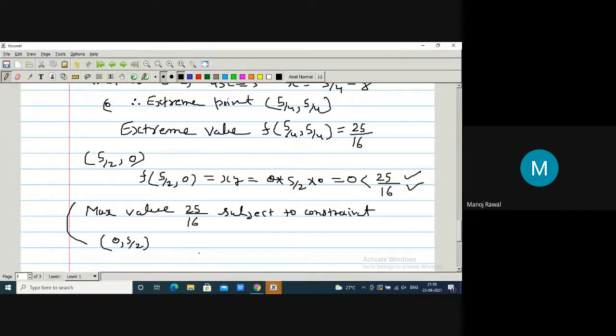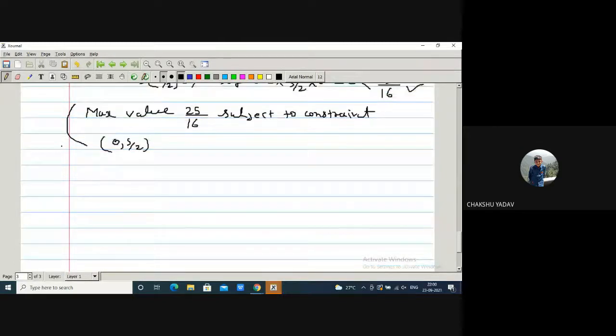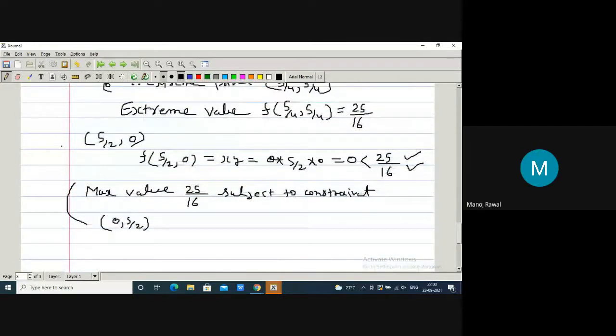Here it is not difficult to find other values, but let's see, in the next question we might get infinitely many values. So questions are easy. Excuse me, sir. Sir, without checking, how are we claiming that it will be the maximum value of this function? Yes, this is our claim. Chaksu, what I have said is that for the cross check, we are taking these points for our own benefit. Though this is not a proof. This is not a proof.